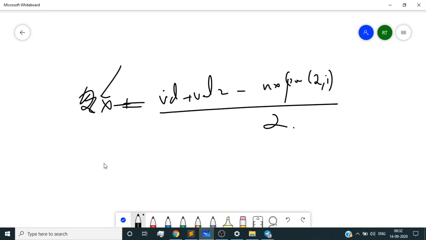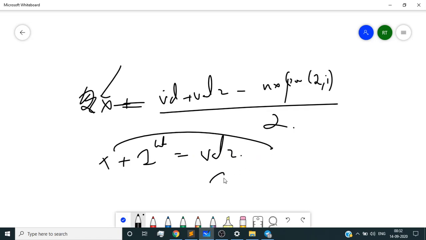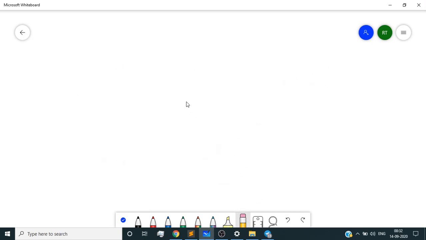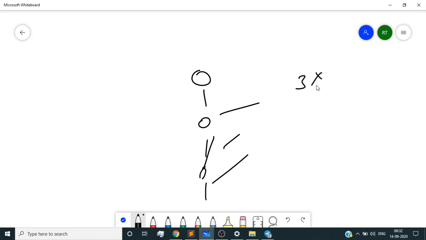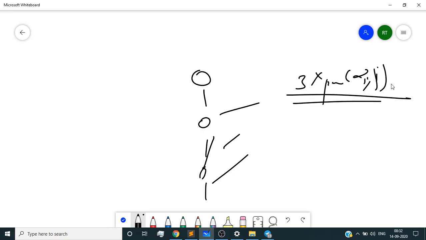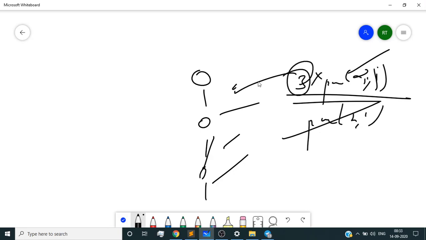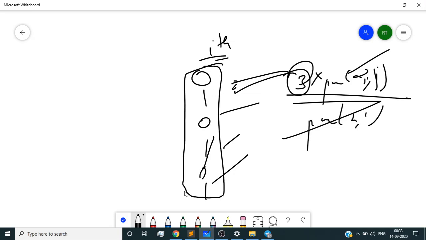second equation. My second equation is x, the contribution of 1, is equal to val2, and from this I'll be able to get the contribution of 1. So what does it signify? In this particular scenario, the contribution of 1 would be 3 into 2 to the power i, because of the occurrence of 1, and if I divide it by 2 to the power i I get the number of bit 1s in the ith position of all those n integers, okay.